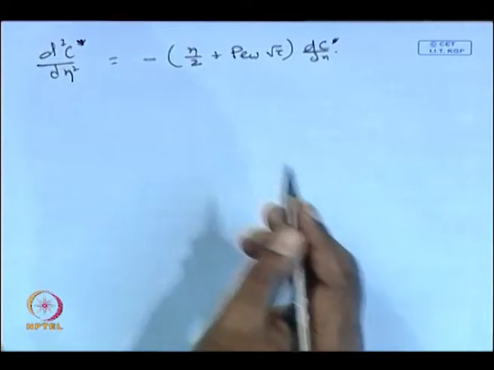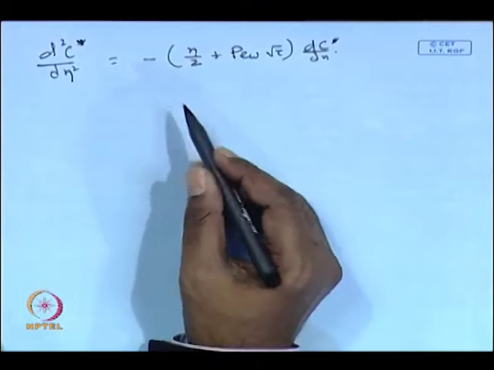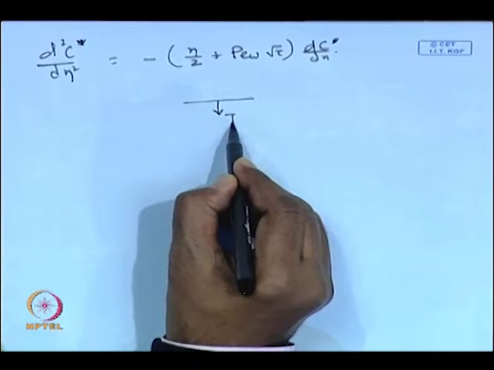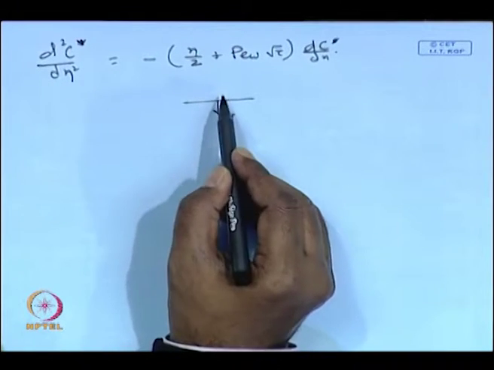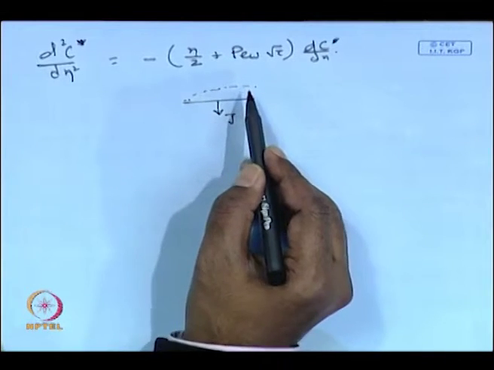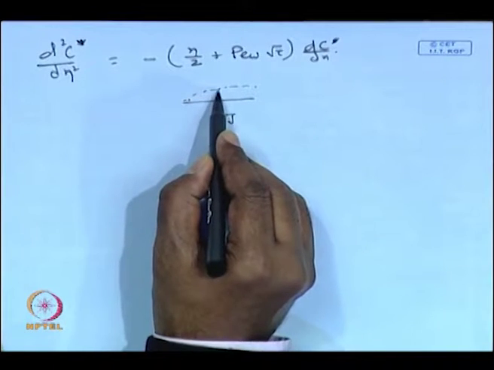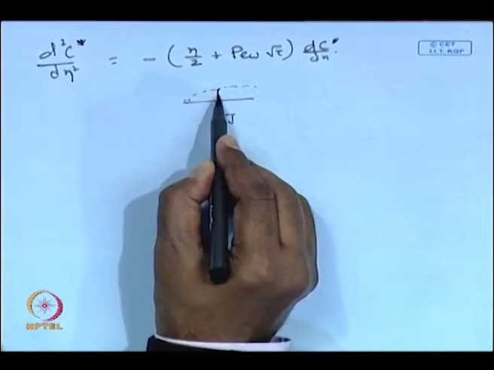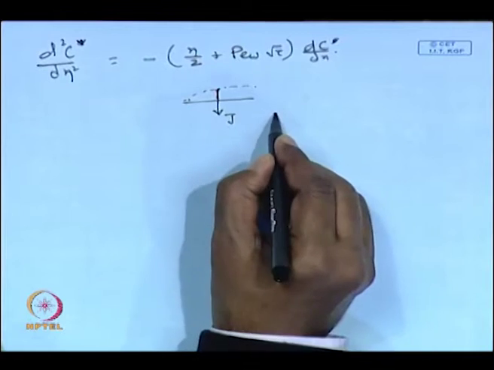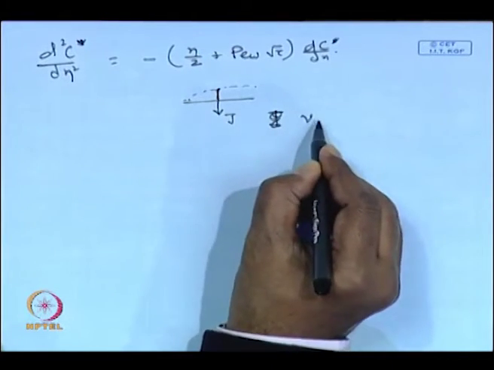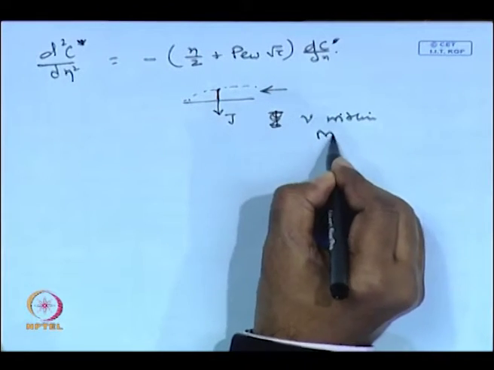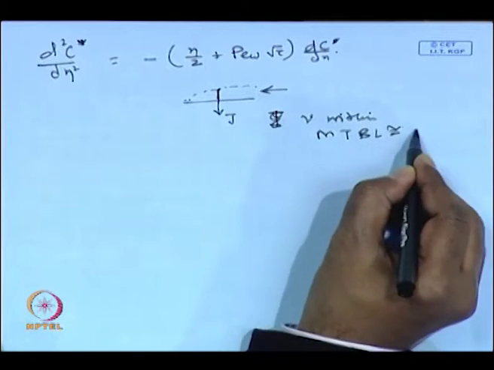Now, if you remember, the permeate flux that you are getting out of the membrane will be pretty small, and the thickness of the concentration boundary layer will also be very thin compared to any physical dimension of the system. So, therefore, we assume that the y component velocity in the concentration boundary layer will be the same as that valid at the wall, although it is an approximation, it will be a valid approximation. That means V within the mass transfer boundary layer will be approximated as minus J.